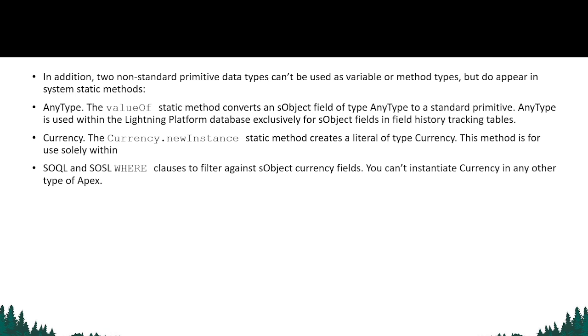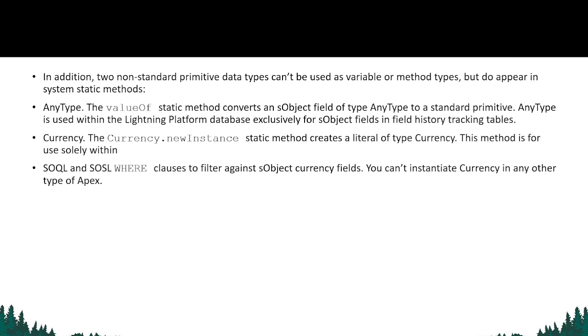Then I have two different non-standard primitive data types that can be used as variables or method types, but it cannot be declared in the system static methods. We can also use any type, the values, so you have to provide the value of that particular static method